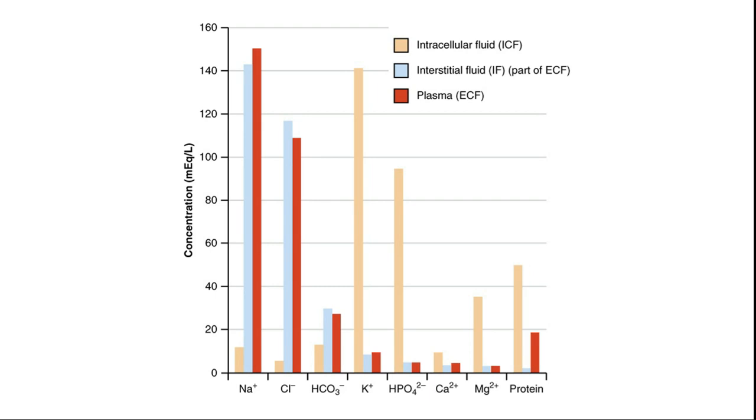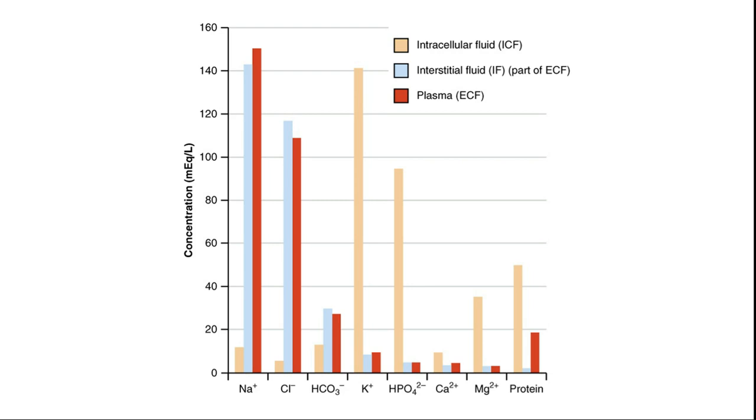If you take the chemical constitution of all these, I am giving you only an outline here just to give you an idea. In interstitial fluid, intracellular fluid and plasma, you can see the presence of ions like sodium, chloride, bicarbonate, potassium, as well as proteins. And there is a significant difference in their chemical constitution. Intracellular fluid, within the cell, contains very low sodium, whereas outside you will find so much sodium.